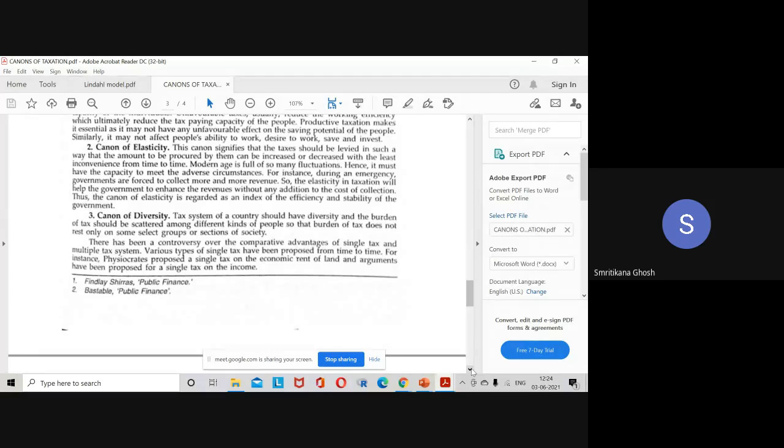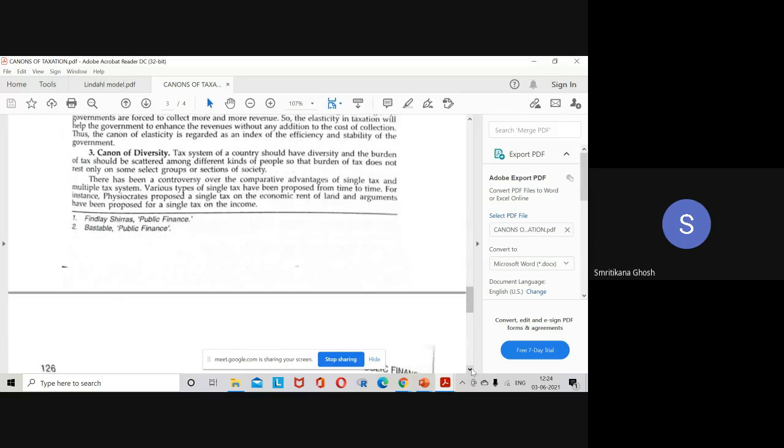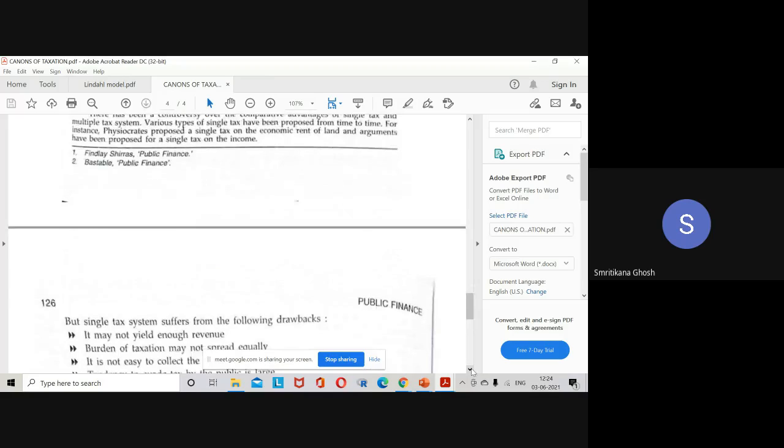He may leave income tax. Okay, somehow by false declaration and all that, he is not paying income tax, but he has to pay the sales tax. So from any of these avenues, you can collect the tax from that person. But if it is a single source, then if that person is able to escape from the system, you cannot get money from him. Okay? So the tax should be diversified. Percentage may be small, but it should be diversified.